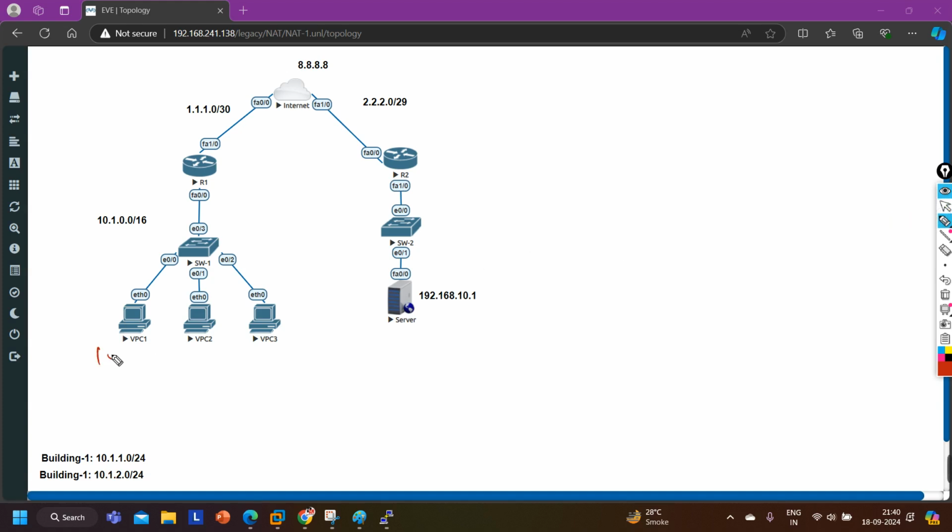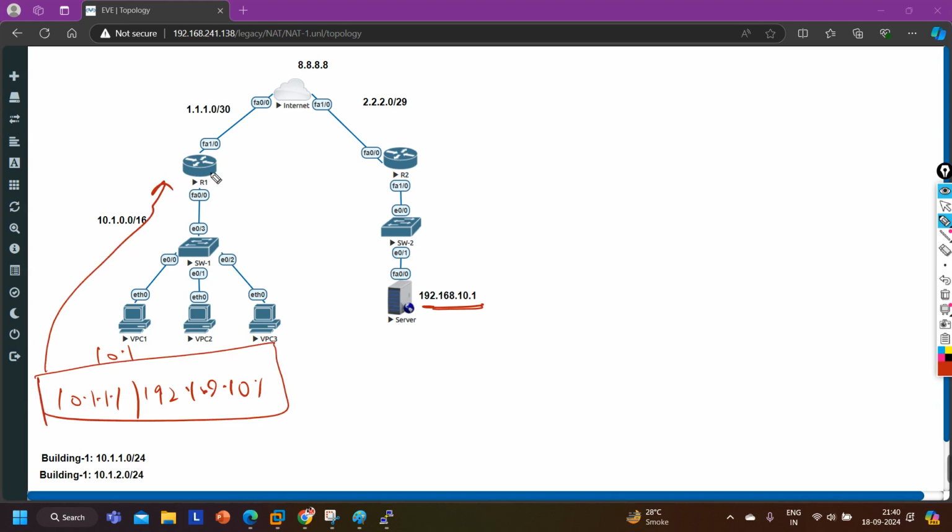Definitely no, because here the IP is 10.1, here the IP is 192.168.10.1. So if PC1 pings this server's private IP address, what will happen? Source 10.1.1.1, destination 192.168.10.1. The switch will forward it to the router. The router is going to check the routing table, right?